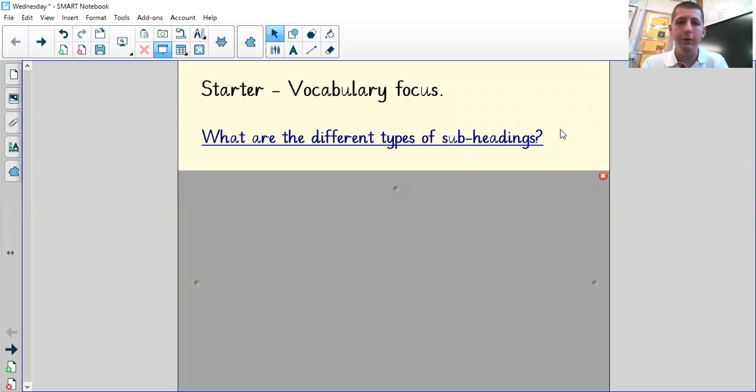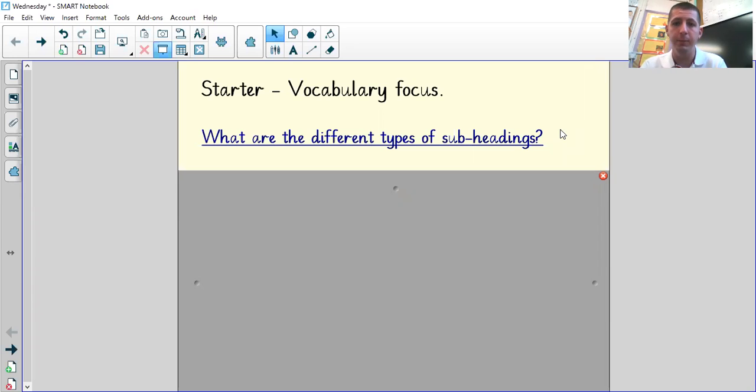Hi there. To start off our literacy lesson today, we're going to have a look at some vocabulary which can be useful in a non-chronological report when you're making subheadings. So subheadings are ways to split up your text into different parts. So if you've got lots of information about, say, Mexican clothes, then you need a subheading, which is all to